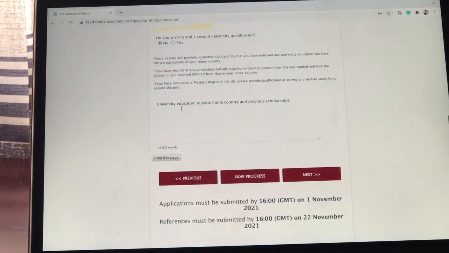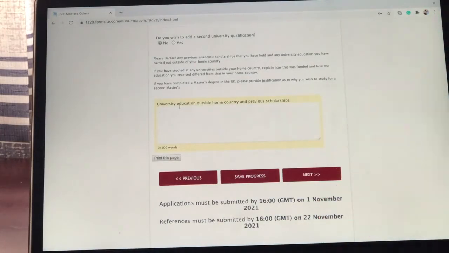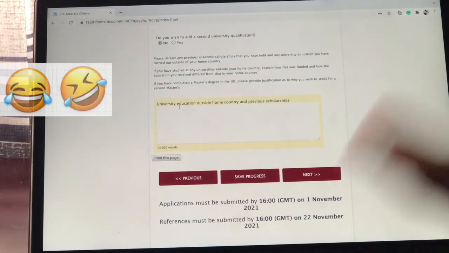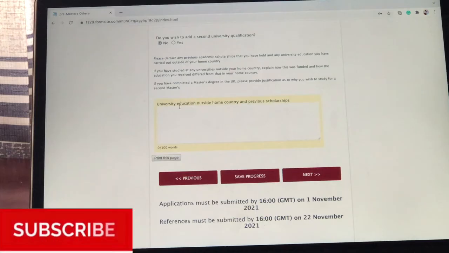And then this is not compulsory, because not every student has had the chance to study abroad before applying for this scholarship. So if you have, you can fill in this information, and if you don't, then you can just skip it. So if you have obtained some education abroad, how can you answer this question? The question is,